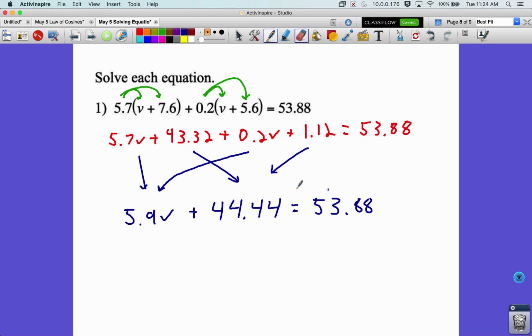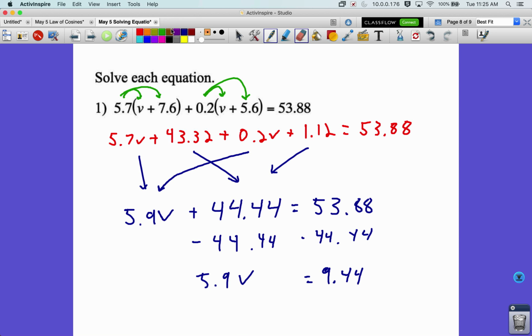All right, and now I want to move my constants away from the variable. I want this v to be all by itself on this side. So this plus 44.44 has to go away. It's on this side. I don't want it to be on that side anymore. So now I do 53.88 minus 44.44, I get 9.44 equals